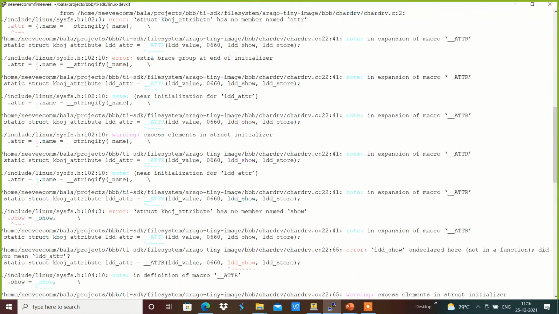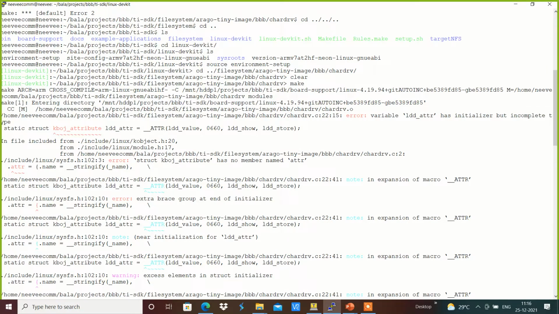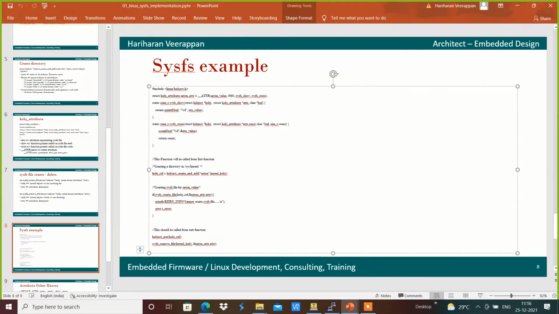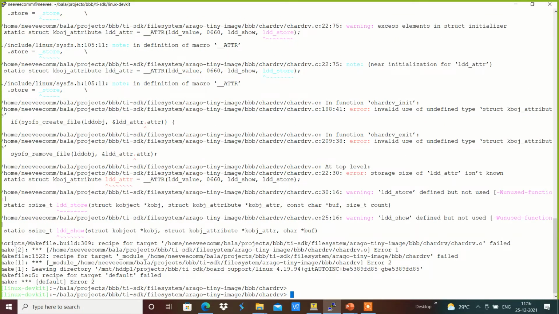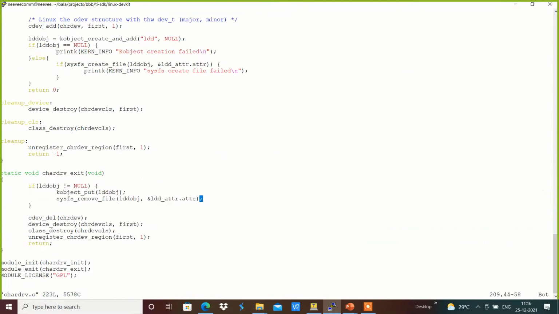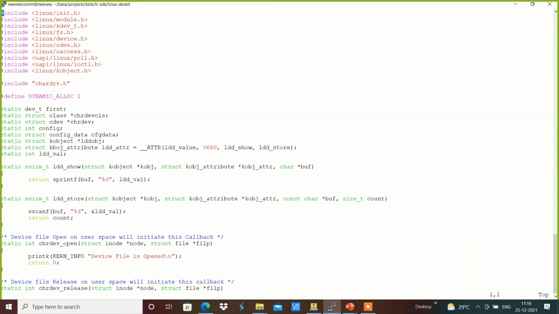There is something, LDD has initialization, but in character drv.c we will be having something like LDD underscore attribute over here, with something like, sorry, I have a spelling mistake over here, kobj underscore attribute.